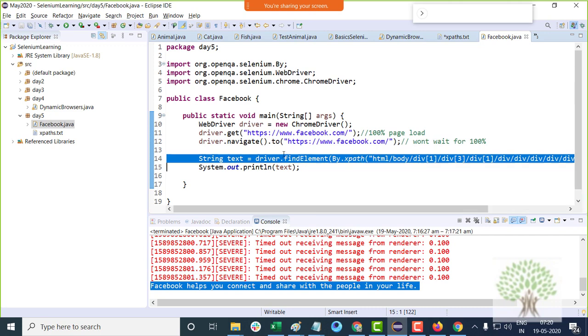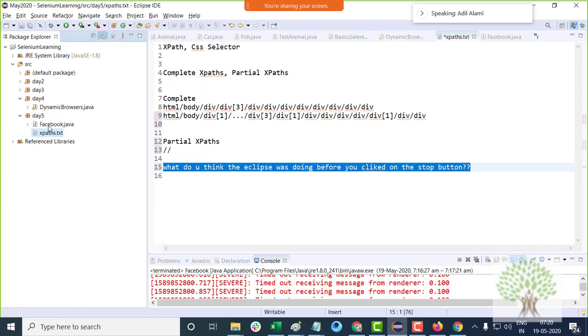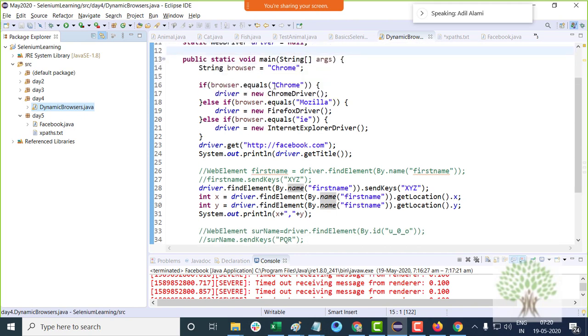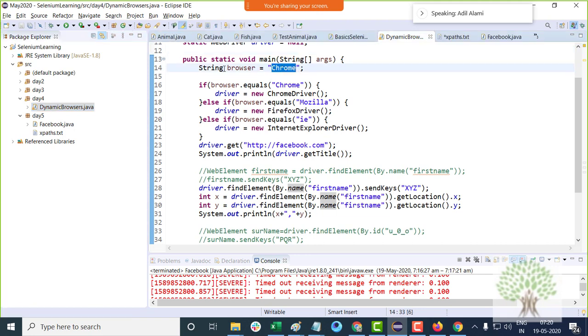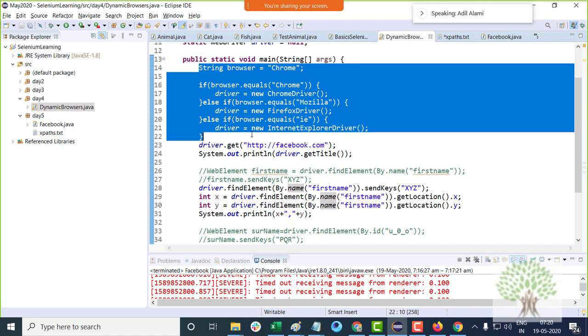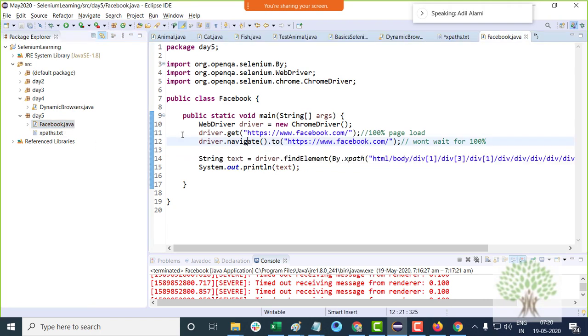It is something like you did yesterday for the dynamic class that you created. I will do that. Can we put the website URL in a variable and pass it? Yeah, we'll do that. Like you put that in a string, right? Yes, I will come over to this. Let me just complete XPaths, then I will come over to the dynamic one. Okay, thank you. Sorry for the interruption.